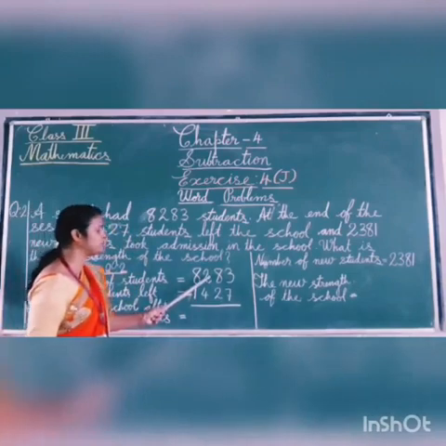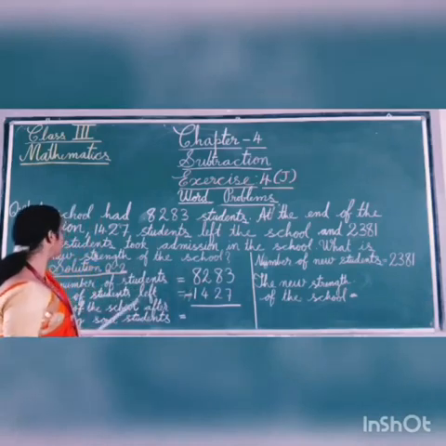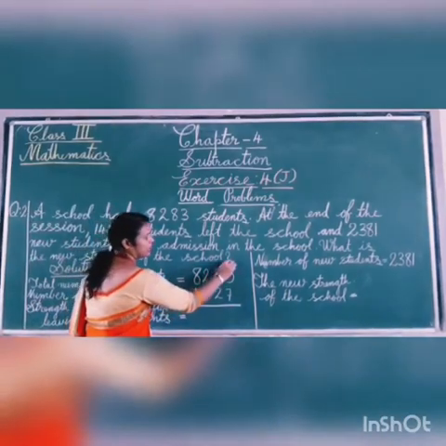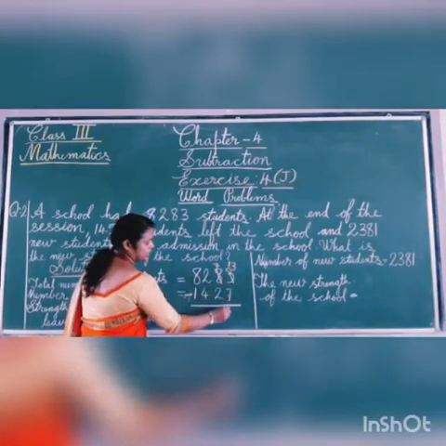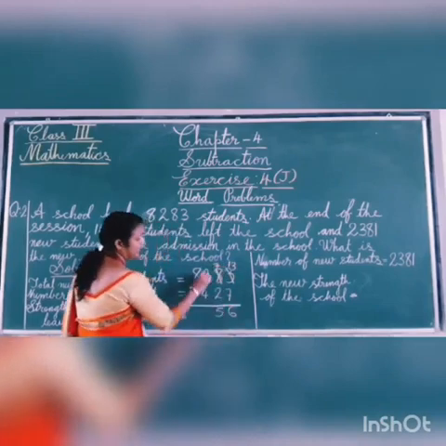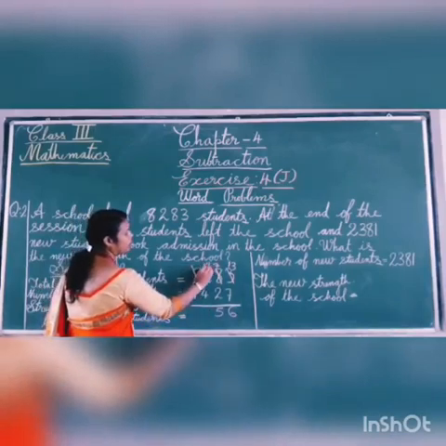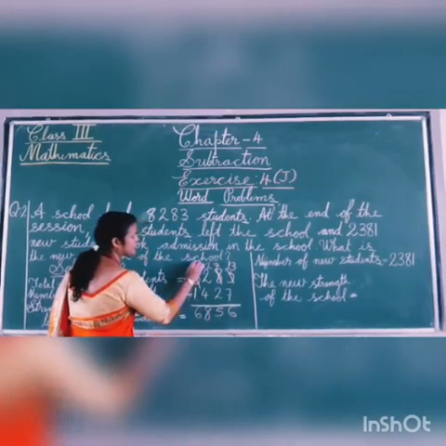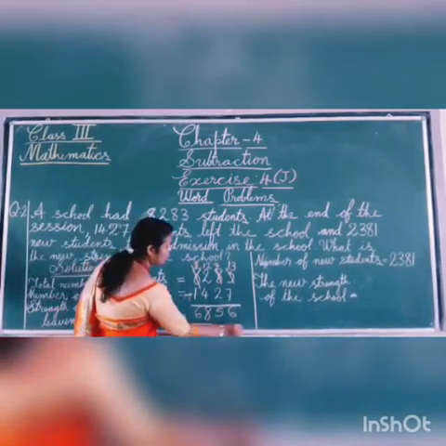What we have to do? We have to subtract the total number of students left from total number of students. Now let us subtract. Here we cannot subtract, so we have to borrow from here, and 13 points are there. 13 minus 7, 6, 7 minus 2, 5, and here we have 2 and 4. We cannot subtract, so again we are borrowing. 12 minus 4, 8, 7 minus 1, 6. Now we have got